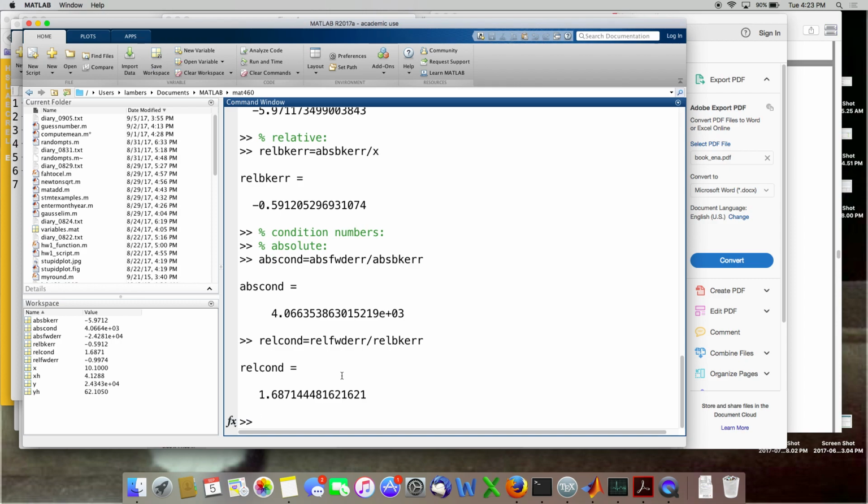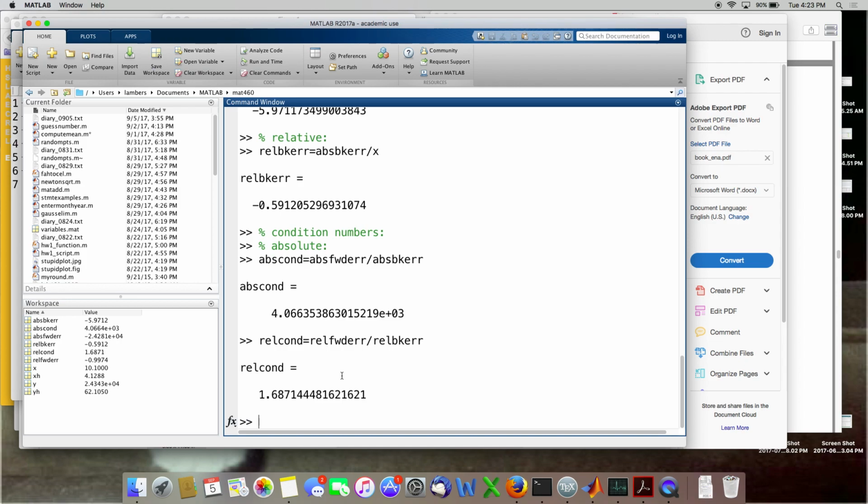So this is one thing to keep in mind, is that just because your input error is small, it doesn't mean your output error is going to be small as well. Because if a problem is badly conditioned, if you have a large condition number, we're going to see some amplification. Sometimes you can get lucky and have a very well-conditioned problem. Maybe your error is actually reduced. But generally, that's not what happens, unfortunately.